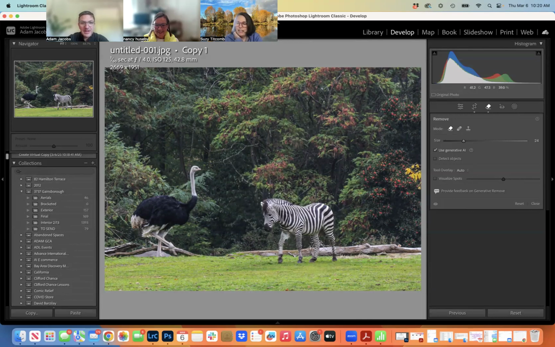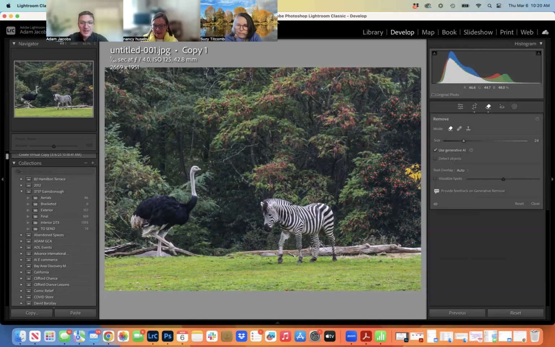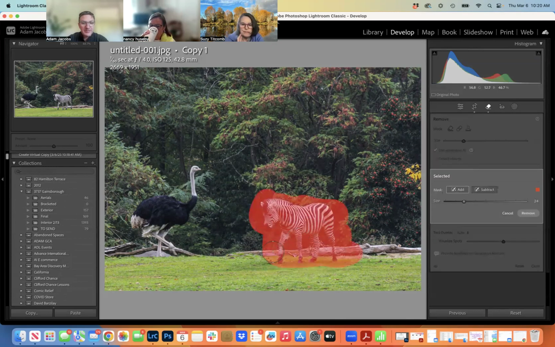Susie, what we were just doing here, Suzette was here a minute ago, and one of the questions that everyone was asking was, how do we remove things effectively in Lightroom without going to Photoshop? I'm not going to go over the whole thing again, but you can look at the recordings. I just showed two different ways to do it. But essentially, what I was just saying to Nancy was a big benefit of doing it in Lightroom rather than in Photoshop